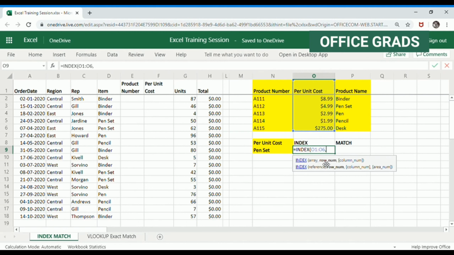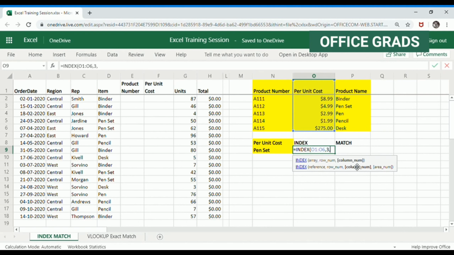Comma, then I define the row number, which is the position of the row, starting from the first row. Pen set is on the third row: first row, second row, third row. So I will type 3, because that's the third position.